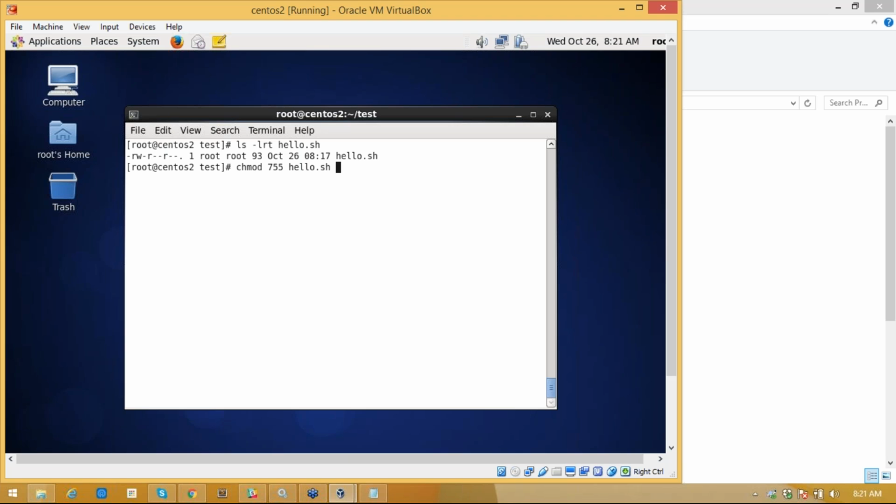Or else, whatever the permission is, I want to add one more permission, execute, for everyone. I can say plus x on hello.sh. For this particular file, it will add one more permission to everyone, that is execute permission.